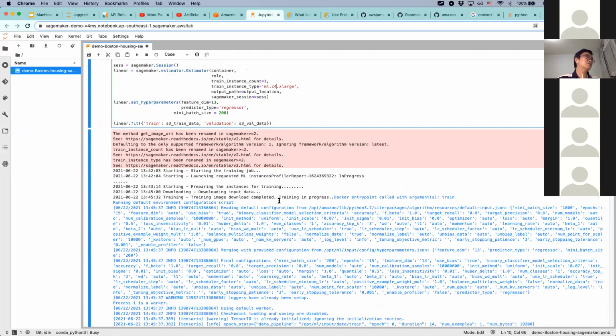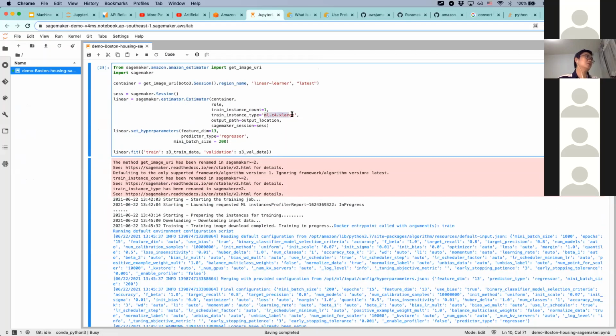So this instance is CPU intensive. You can also have instances that are GPU intensive. So you specify the type and the number of instances you want to use if it's a GPU intensive task. Okay,